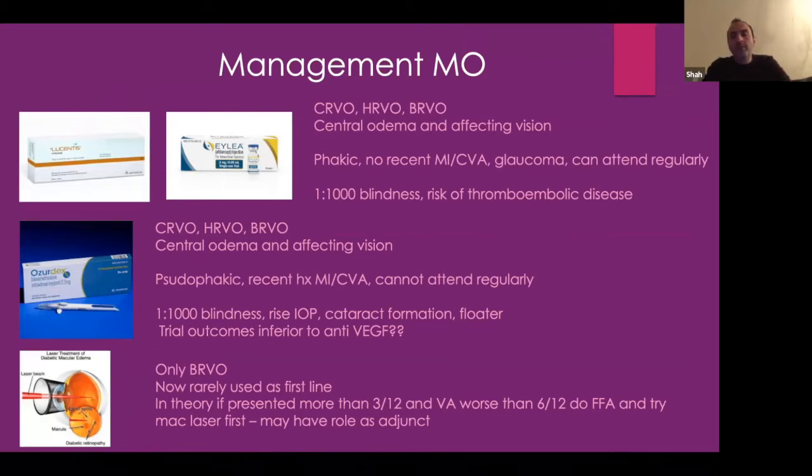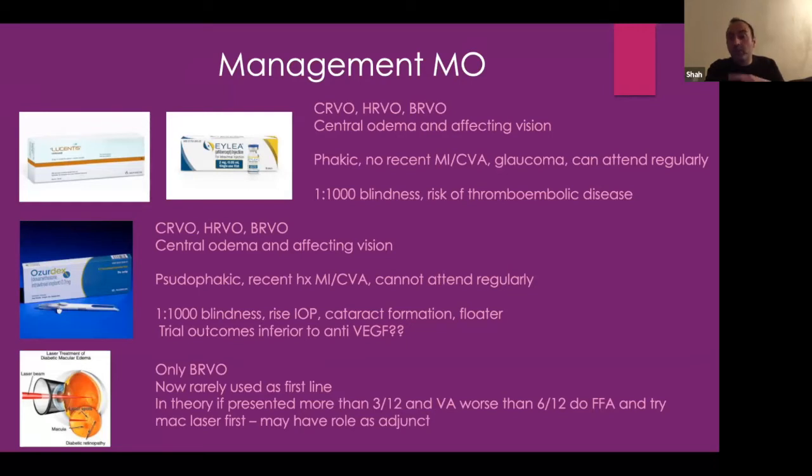they're fine. But I probably wouldn't advocate using anti-VEGF therapy in patients who've had heart attacks and strokes because of that theoretical risk with thromboembolic disease. We will never know whether that's a factor, by the way, because the study required to establish that would need so many patients, as the risk is quite low, that no one's going to, A, fund it, and B, no one really almost cares about it, if you like. There's just this theoretical risk about it. So if anyone has had serial MIs or CVAs, I tend to shy away from anti-VEGF.